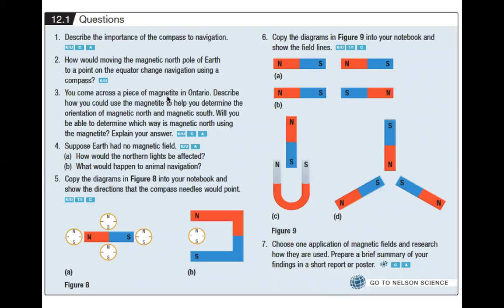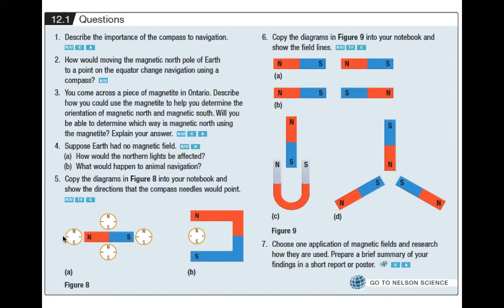give you some tips, because you're going to be doing some drawings. And there's not full solutions of the drawings in the solution manual. So number 5 says, copy the diagrams in figure 8 into your notebook and show the directions that the compass needle would point. So if this is a bar magnet, I'm always going to start drawing magnetic field lines that go away from north and come back to south. So if I was a compass needle over here, I would be pointing away from north,